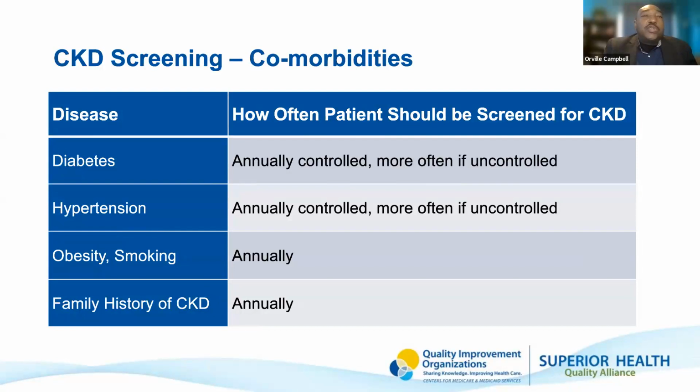How often should you screen for comorbidities? Most annually. However, you can screen more often as you get to more advanced kidney disease. These screenings typically are for normal individuals or mild kidney disease. But when you start to get to moderate to severe disease, for example, when you get to